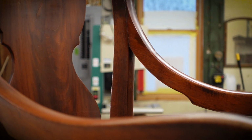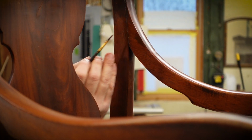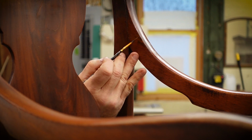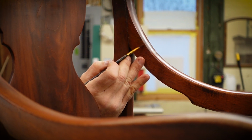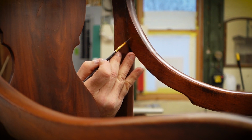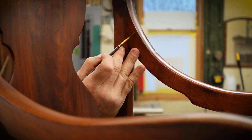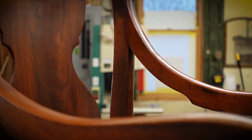This angle's terrible. I can't see what I'm doing here. I'm gonna come around this back side here. Maybe I can see it better. It isn't allowing me to get in there with my brush the way I would like. Okay. Anyway, there we go, we got some coverage. All right, now,